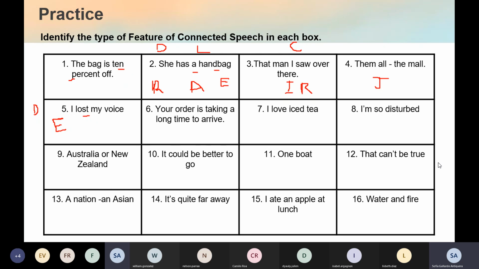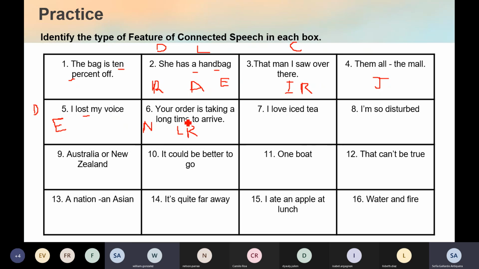Read it yourself. Teacher? Yes? I think, Nelson, that it's a linking R. And where would you say? In British accent. Yes, that's correct. So Nelson, you got this one right. I'm gonna write an N. It was actually linking R.